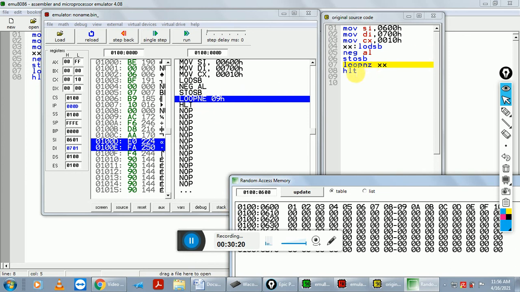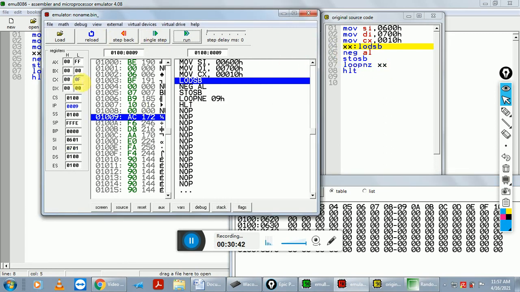Next is LOOPNZ, means it decreases the counter value by 1. After the execution of this step, the CX value is 0F, and if the CX value is not equal to 0, it moves to the marked label. This is your marked label XX; the pointer moved to this address.